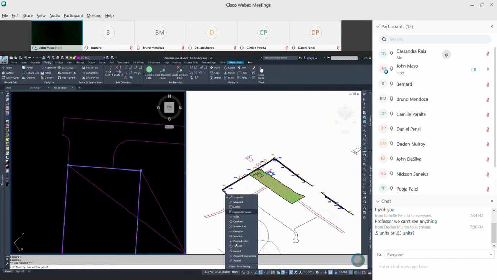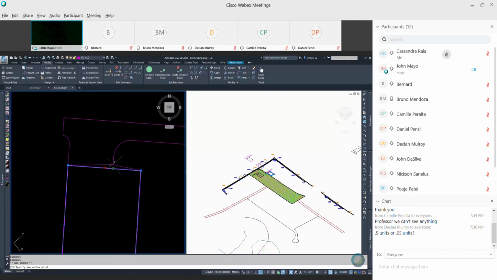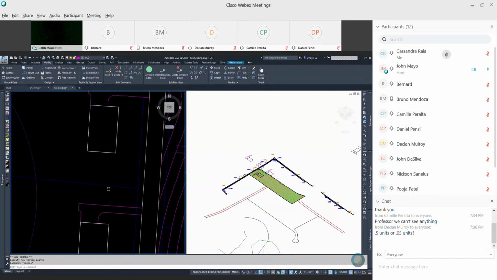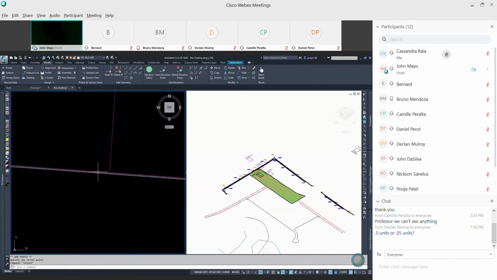I strongly recommend you guys cycle your drawing aids on and off on an as-needed basis. It's better for AutoCAD because it does less work, and it prevents mistakes when you accidentally snap perpendicular or nearest instead of endpoint. All right, so I would do that on each of these